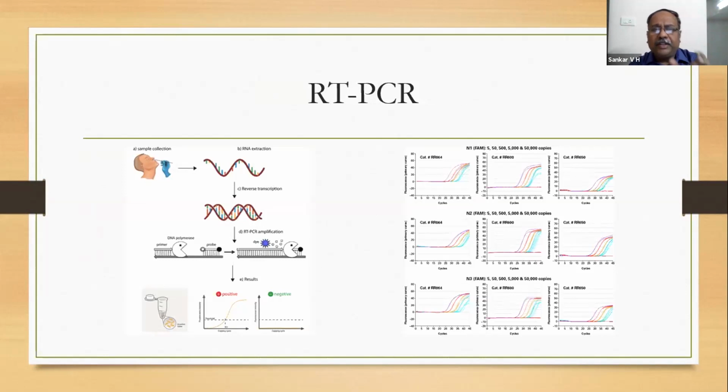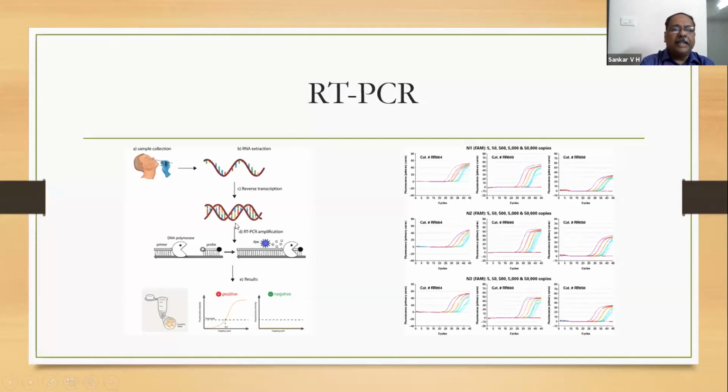This viral gene of interest has to be amplified by a technique called polymerase chain reaction, which is a series of denaturation, annealing, and extension. But this PCR is basically done on DNA. Here, the virus is an RNA virus. This RNA genome first has to be changed to a double-stranded DNA, as shown here, by the reverse transcriptase. That is the name RT-PCR, reverse transcriptase. The double-stranded cDNA will be changed into two-stranded DNA.